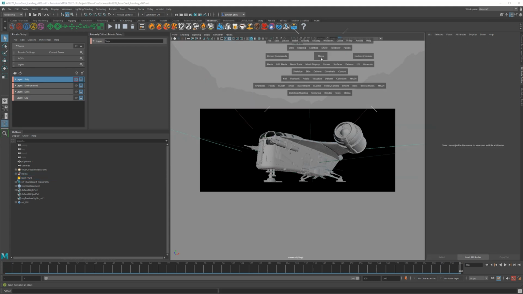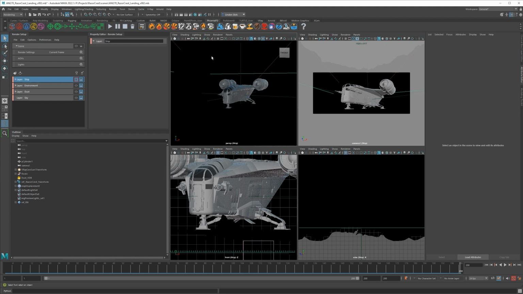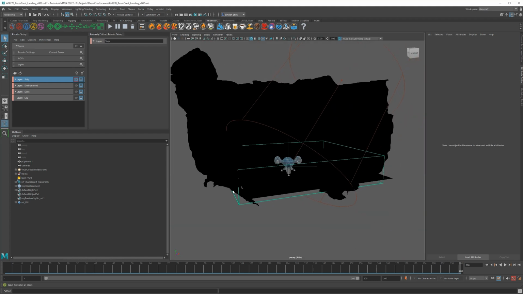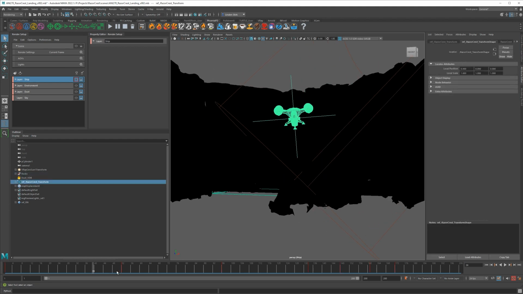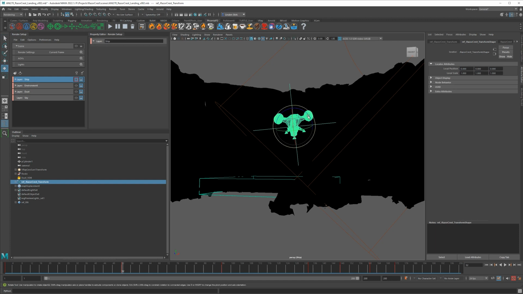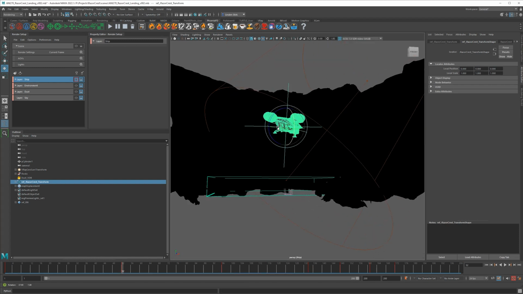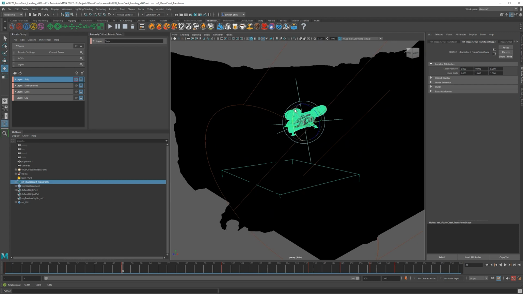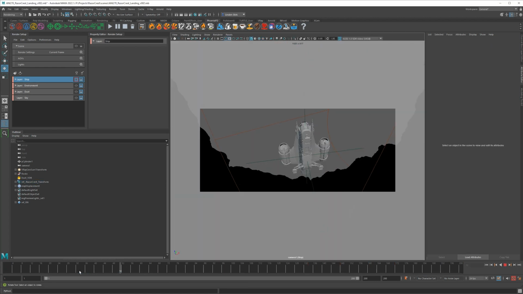I did want to make an animation change on mine. I'm going to go over to a perspective viewport and just have a look. I don't like how it dips down like that. I think it looks kind of silly. So at frame 52, it does that dip. I want to pull this up so it's not going to dip down so much. A little bit of that is fine. I just don't want it to be ridiculous.